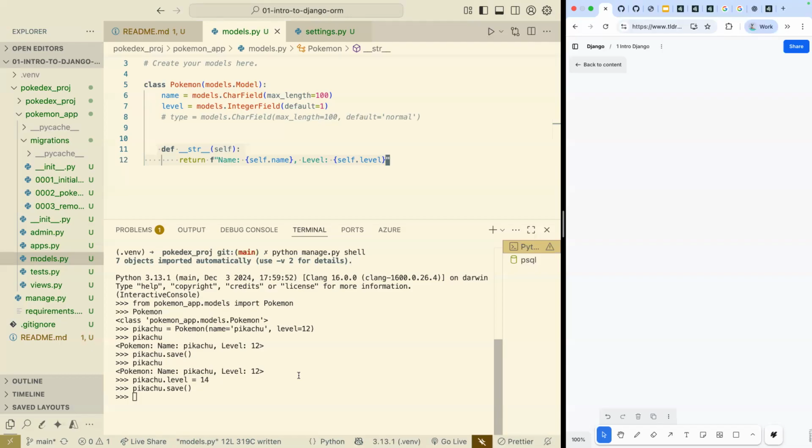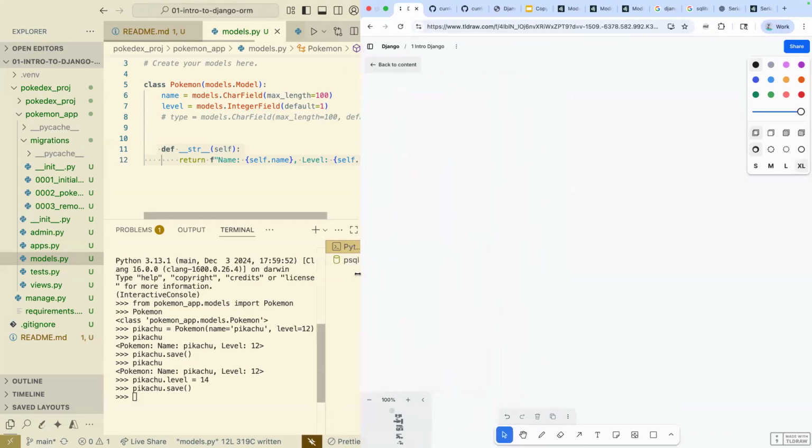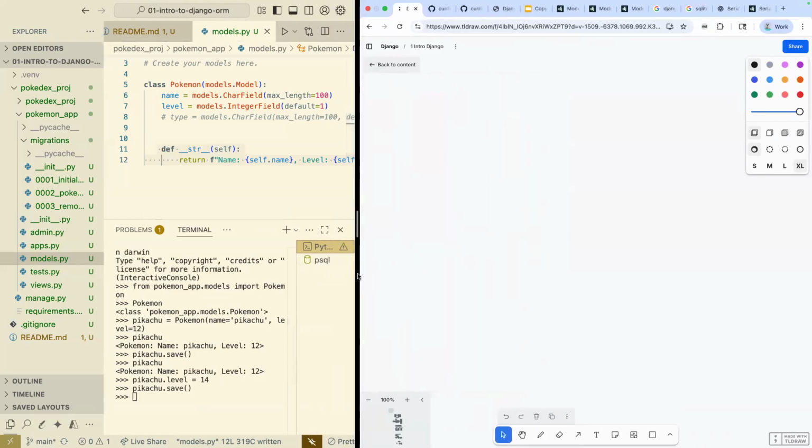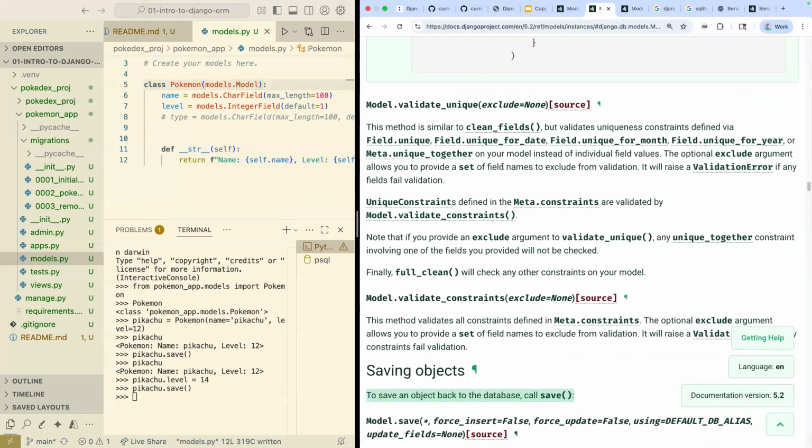Right. Great question. The answer, and this actually touches on a really good point, is going to be in the Django docs. And the answer is that this model class has methods to do both. And this is where, like,